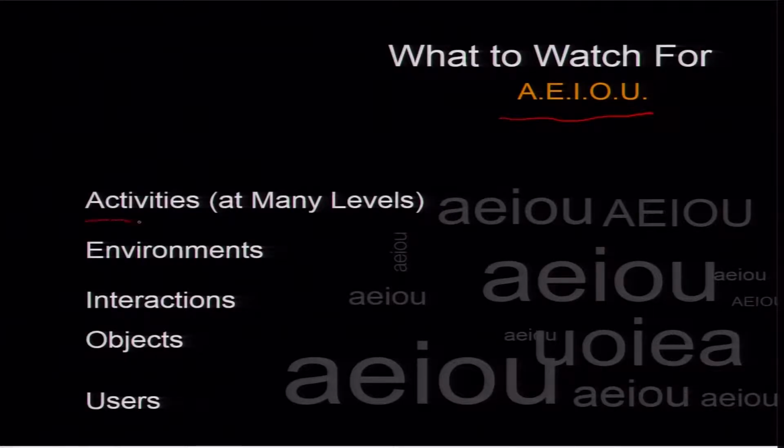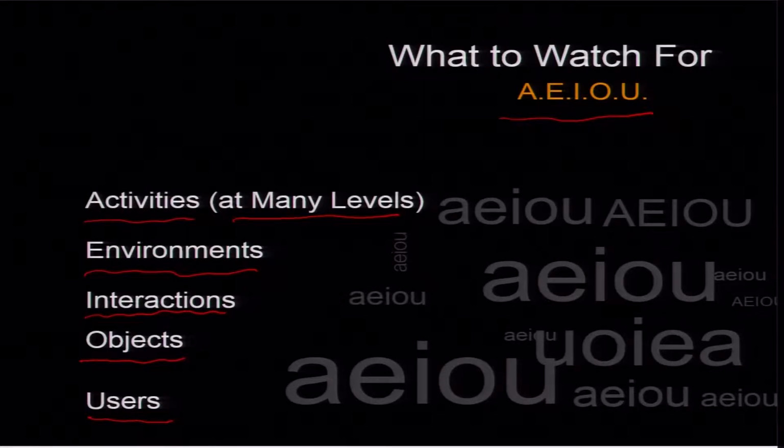A stands for activities, activities at many levels that an individual would do; the environments in which an individual or a situation is placed; the interactions that would happen between different people in an environment, or the environment and the person itself. And then you have to also talk about objects and users and try to map all these in your watching and interpretation done so far, so that it comes up with a set of good needs, which are underlying, explicitly said or implicitly hidden, it does not matter, but you have to be able to interpret.